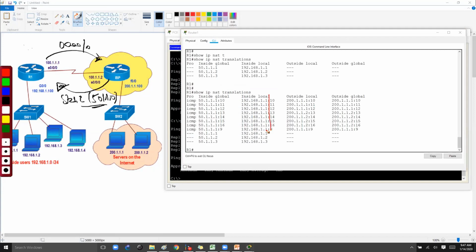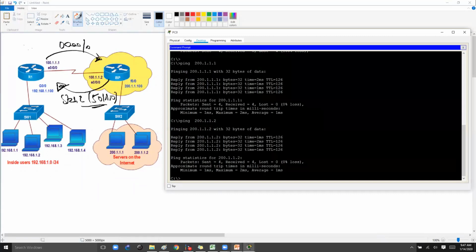I have initiated a ping request first, 4 for 201.1.1 and the next 4 for 201.1.2. So that is my destination. These 2 addresses normally remain the same in the case of source NAT. Normally we are not translating any destinations, so these 2 addresses remain the same. And it gets translated to the public IP. You can see this is the public IP it uses, and the protocol used here is ICMP.